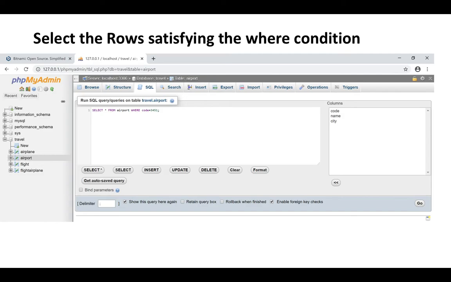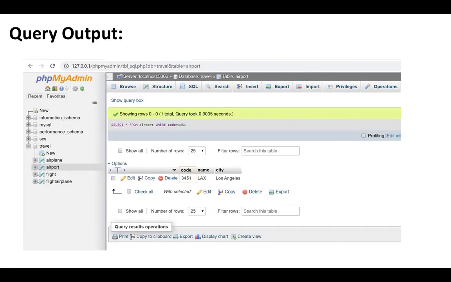Okay, and this is actually the output. As expected, we only output 1 record, that of Los Angeles, and we select star. So star, which means everything. Okay, so every column of airport where the code was